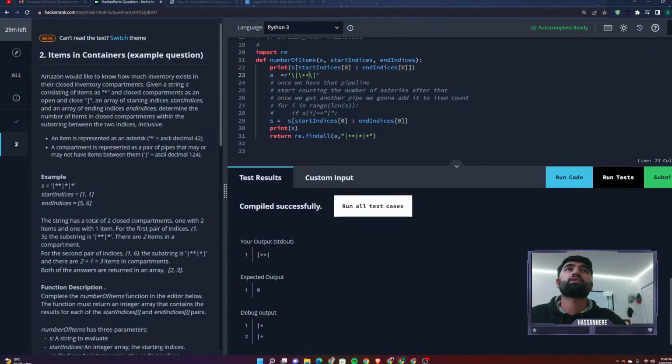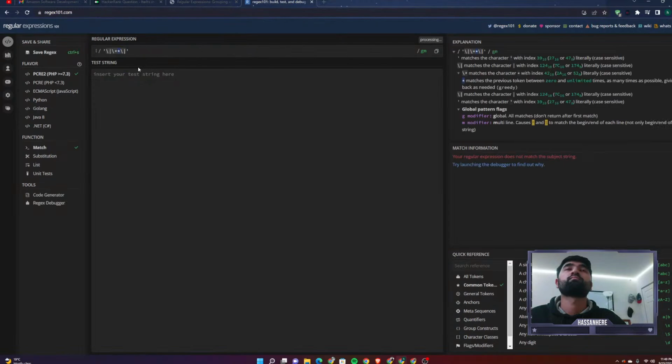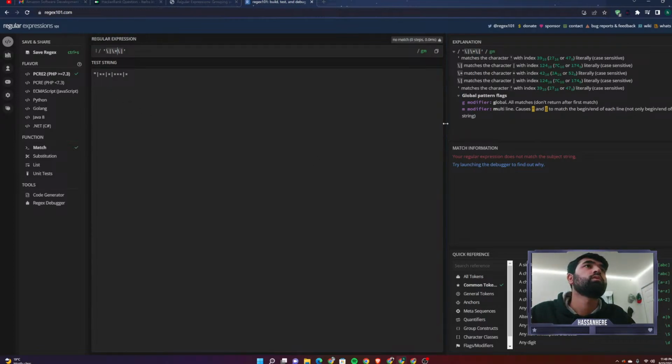Insert your regular expression over here. Okay, so your regular expression does not match the substring over here. If you just, okay, causes starts with